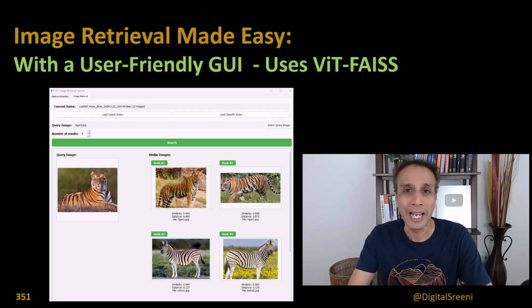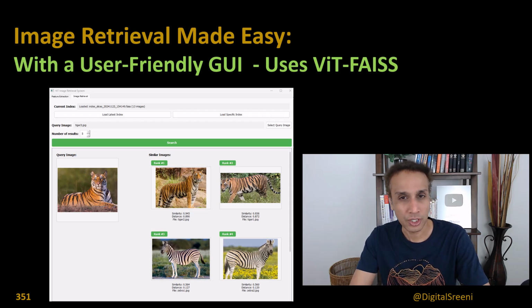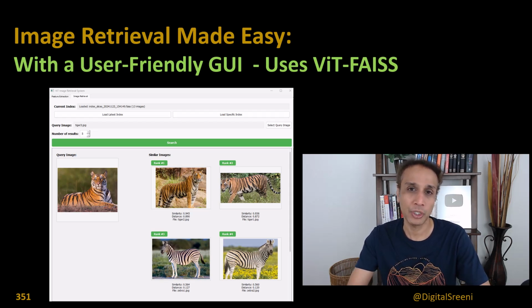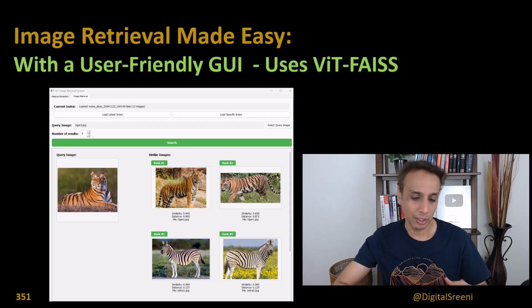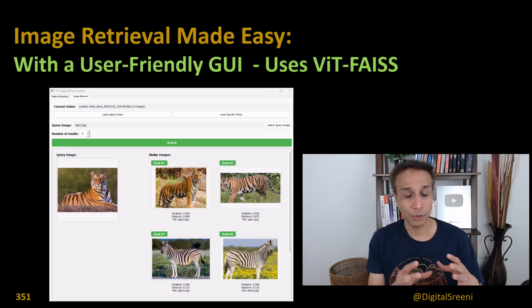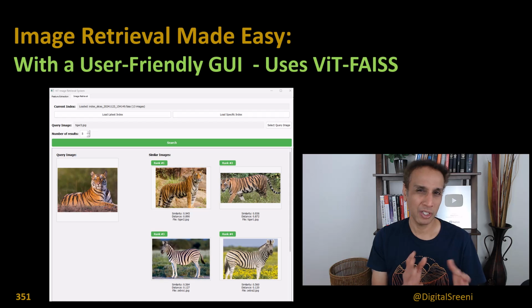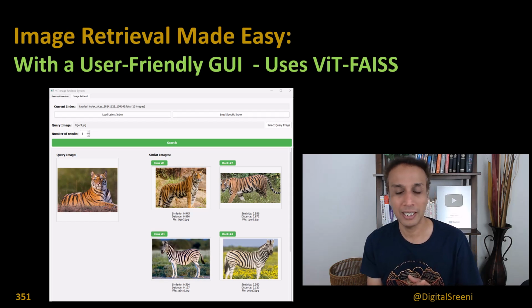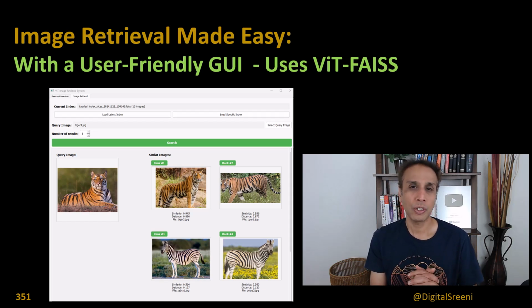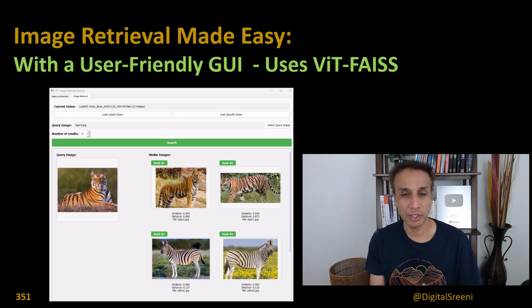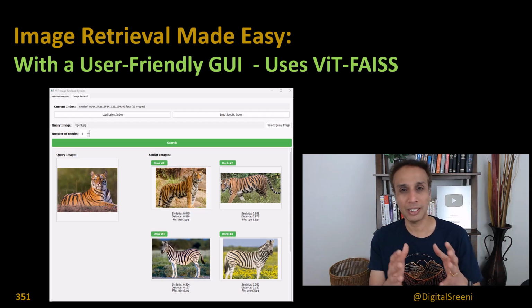Hi everyone, welcome back. I hope you watched the last video, in fact the last three videos I believe, where we started this journey of doing image retrieval. We started off by doing a very basic VGG16 followed by cosine distance matching. That works great if you have less than 1000 images, approximately, let's say around thousands of images. And once you go into 10,000s and billions of images, then that doesn't scale very well because that's brute force